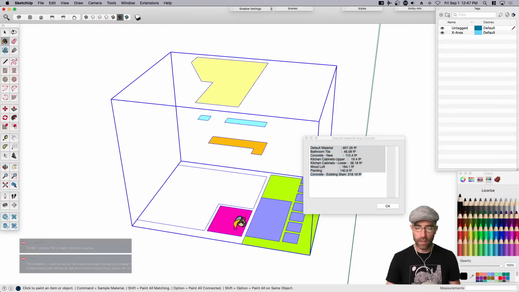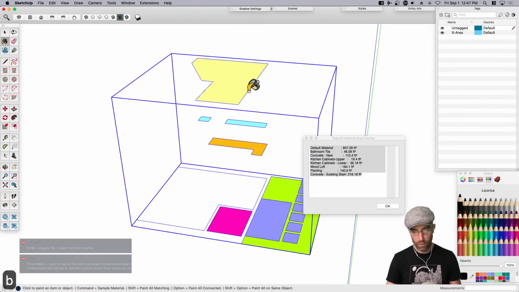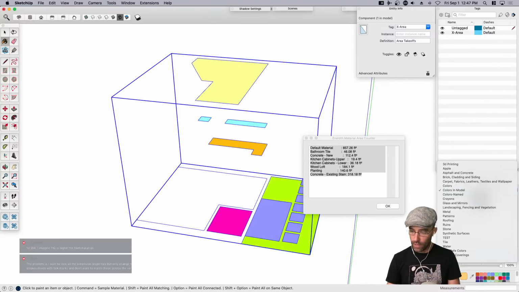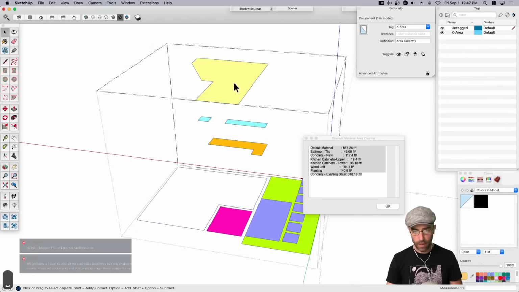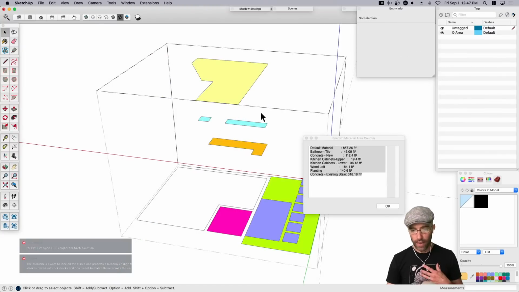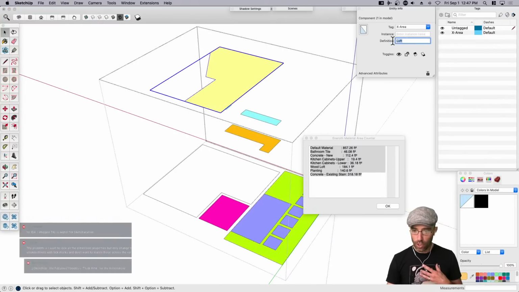So I purposefully colored all of the different materials in my area takeoff with different colors. And if you want to save yourself some time, it's kind of a fun thing you can do in your model. I can't remember, Aaron, do you remember how? This is called loft, which is yellow. Wood loft. Somehow I gave the material a name. So I actually spent the time to give these materials a name. You can see that this one here is actually called loft definition, but you can see that